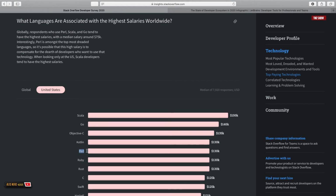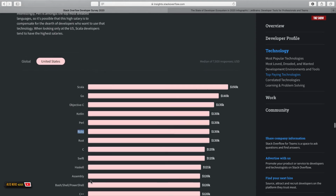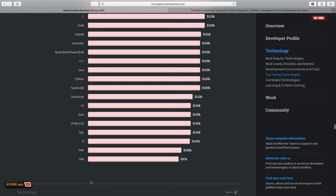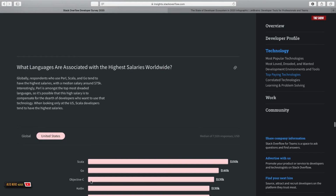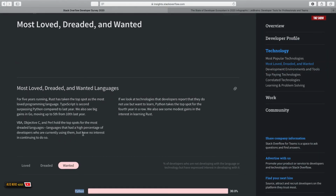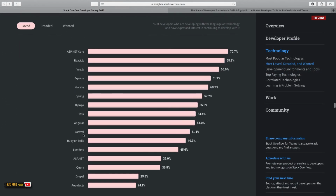See, Perl still pays a lot when you go to the United States. They've got Ruby, they've got Rust, and they've got C. So these are all programming languages that will give you an idea of how the market is and what you need to learn to get paid. So these are the most paid and most wanted programming languages out there, according to the Stack Overflow survey,